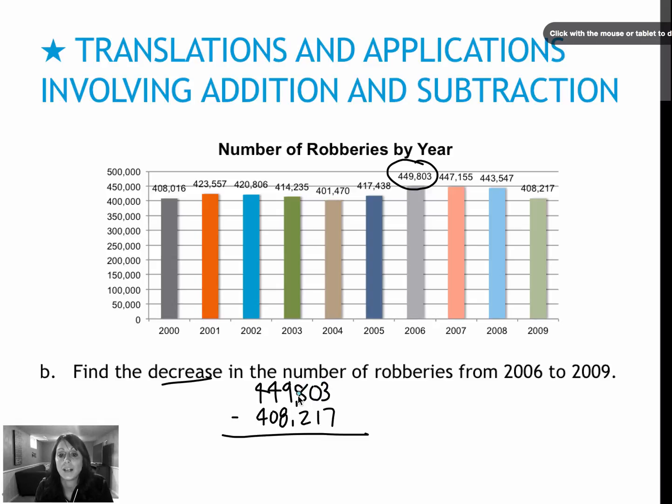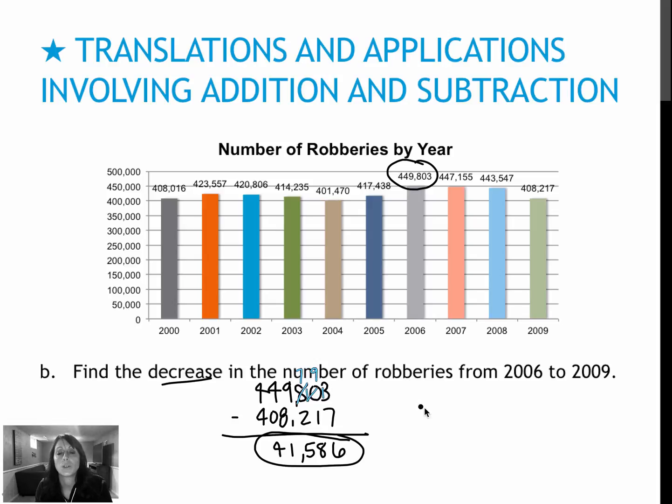I can't borrow from 0, but I can borrow from the 8 and make it a 7. And that turns 0 into 10. Now that allows me to borrow from the 10 to turn it into a 9 and use the 1 on the 3. So essentially I've borrowed twice in a row. So 13 minus 7 is now 6. 9 minus 1 is 8. 7 minus 2 is 5. 9 minus 8 is 1. 4 minus 0 is 4. And then 4 minus 4 is 0. So the difference between the two values is